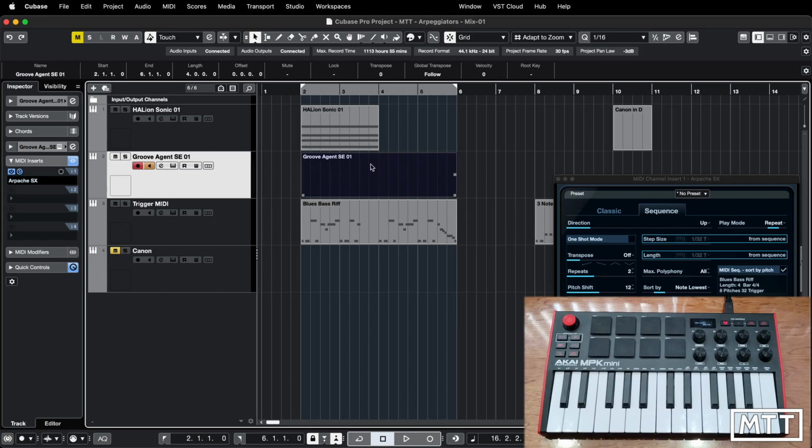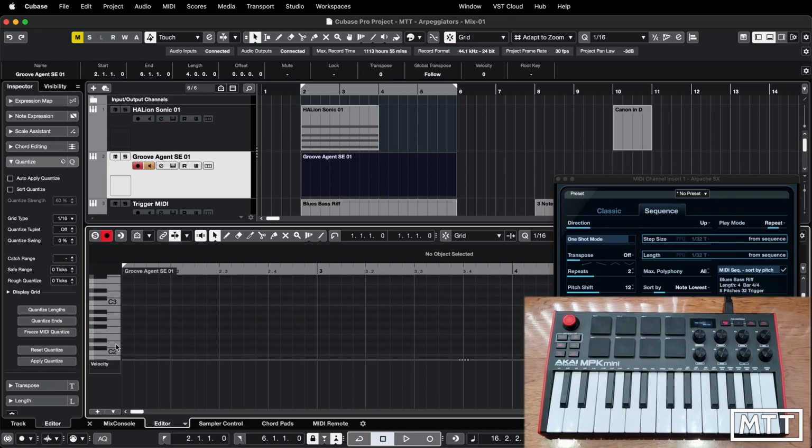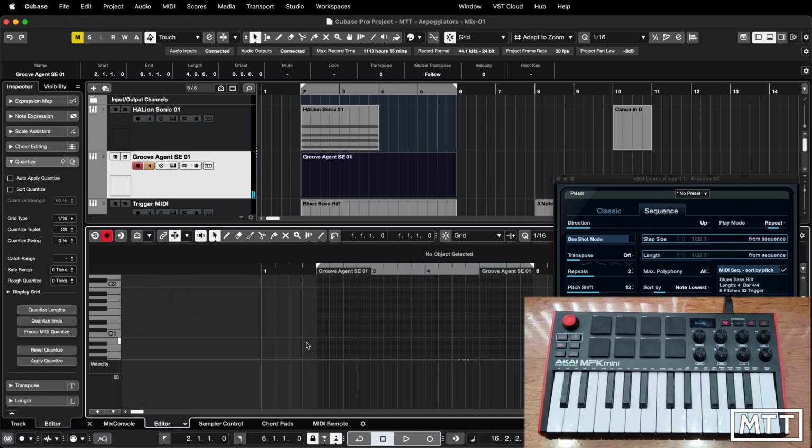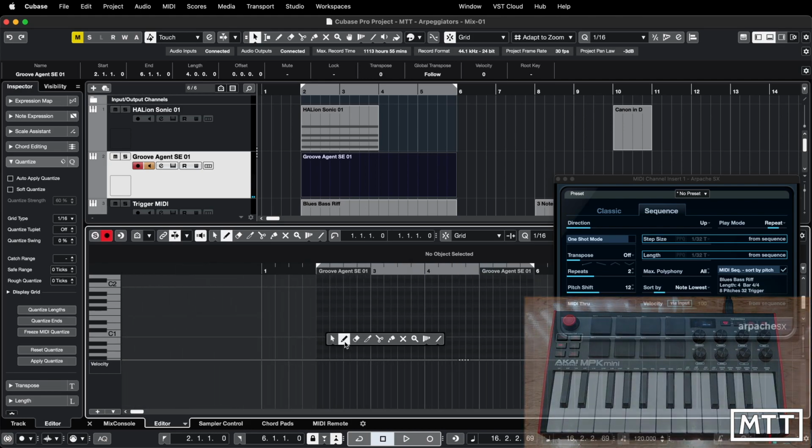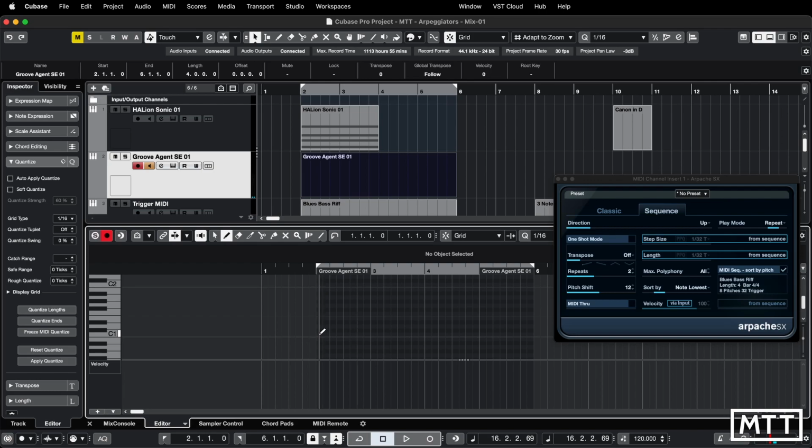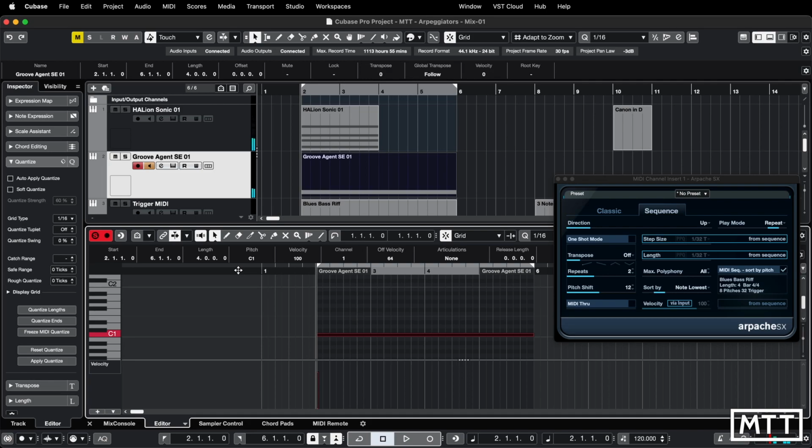So just double click between the locators to create a part, and then open that up, and then I'm going to have the note which I'm playing, which you can see is C1 on the keyboard. So I'm just going to pencil that in. I'm not going to bother to record it. I'm just going to pencil in a C1 from the start all the way to the end. So you can see that starting at the beginning, ending at the end. Now when we play that back,